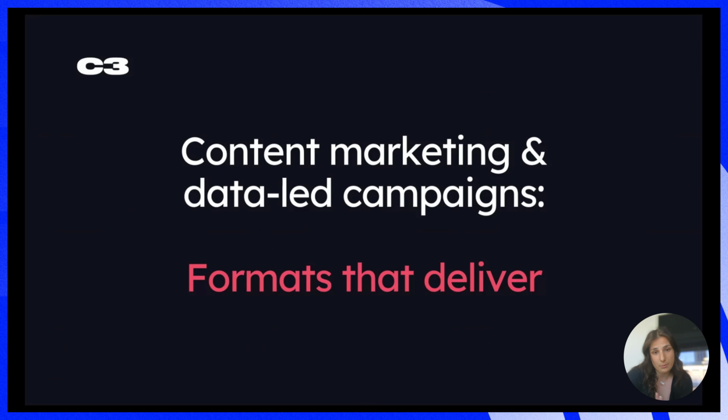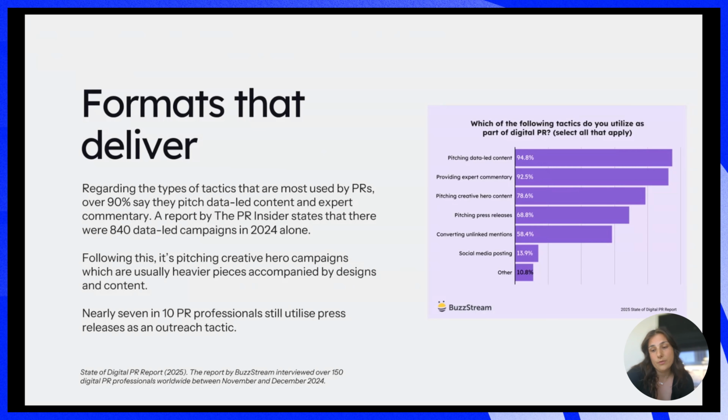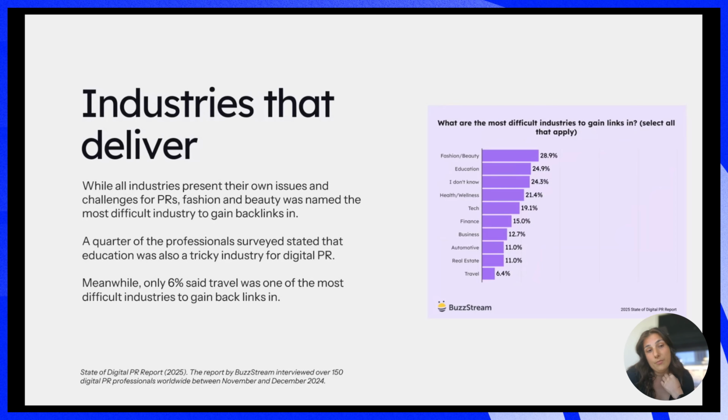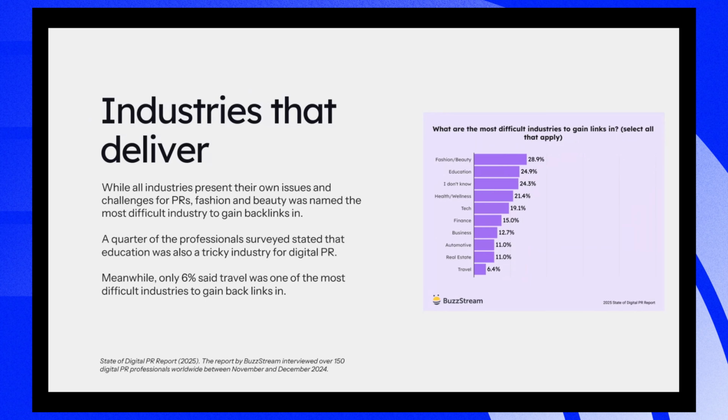But the types of campaigns in digital PR have also changed a lot. A great example is the digital PR report that BuzzStream does every year. We went again from your listicles, best cities for X, best countries for X, to more data-led campaigns, expert commentary, and case studies. The way we pitch to journalists has changed a lot, and the formats that actually bring links have changed dramatically. Also, the industries that used to be easier to get links from can now be more difficult. Again, this is part of a study. You can see industries like education, fashion, and tech have all proven a bit harder to land links with.